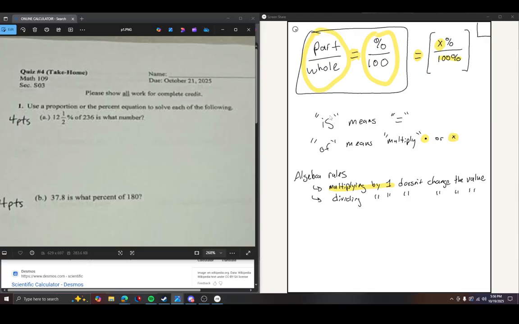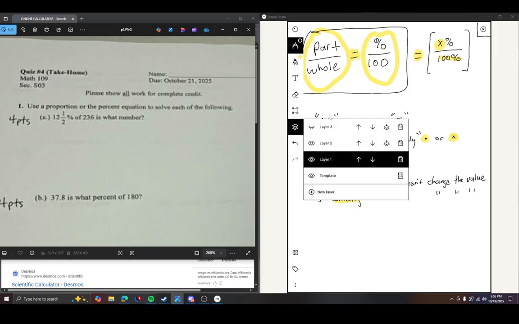So if you have 7 and you multiply it by 1, you still have 7. If you have 5 million and you multiply it by 1, you still have 5 million. And it's the same as dividing by 1, right? If you divide by 1, it doesn't change anything. So you can take 75, divide by 1, you still have 75. So I'm going to use those two rules, those basic algebra rules, and I kind of like that. This is how my brain works. So I'm going to build upon that and go from there.